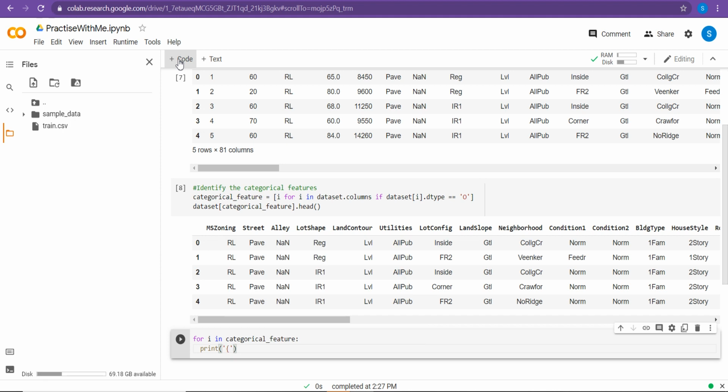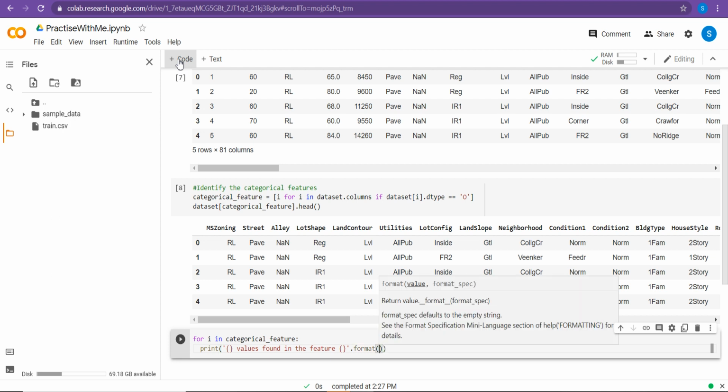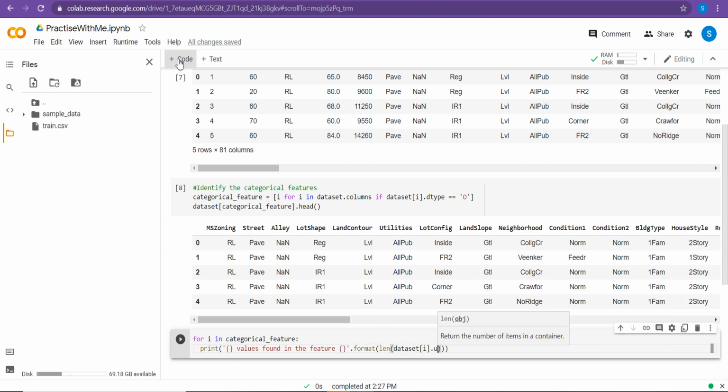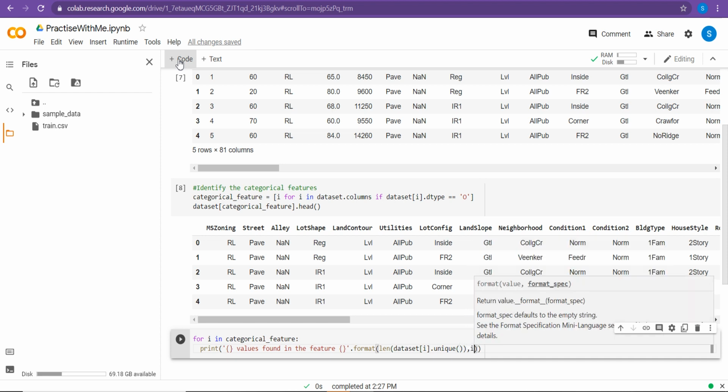Print the number of values found in the feature, in the format of, so we need to find that number of values, right? So data set of I dot unique, comma I.